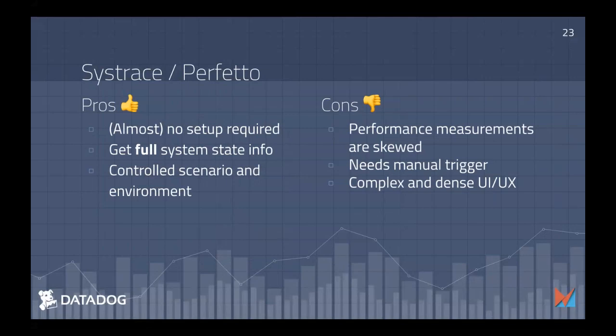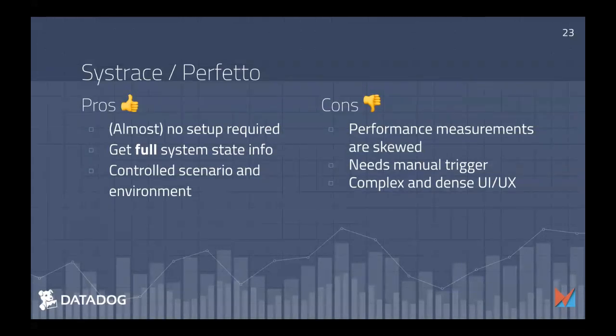Bad thing about that is that the performance measurements are skewed. This is due to the fact that because everything is tracked, the CPU is going to run slower, meaning that all your code is going to run slower. So the measurements are not going to be usable as absolute, but as relative values. You can know which part of your code takes the longest time, but you can't say that because Perfetto says I spent 50 milliseconds in this method, you really spent 50 milliseconds,